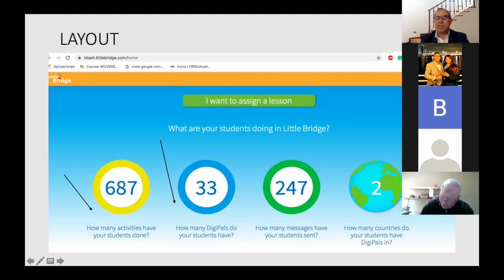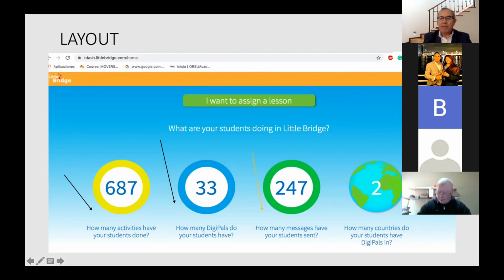Then how many messages have they exchanged? And in the future, or if you decide along with your coordination that you can check with other students, my suggestion when I present that is that first they start exchanging information with the students from the same school, then with the students from other schools.